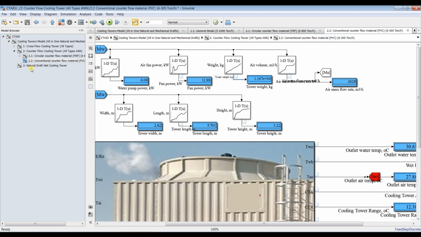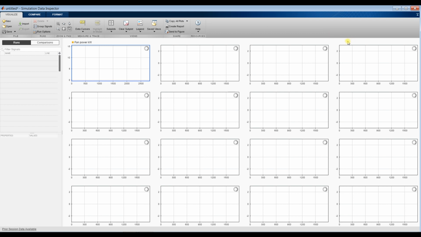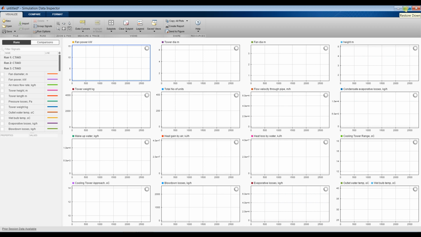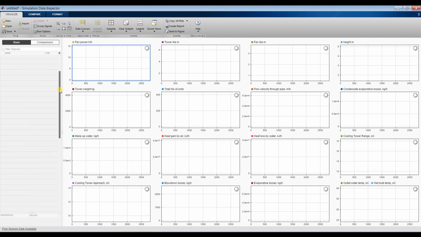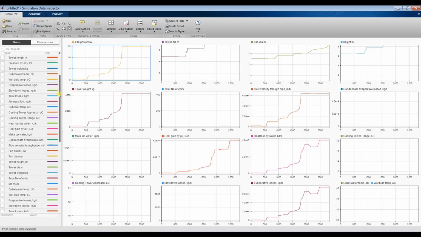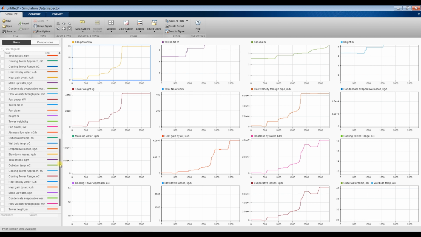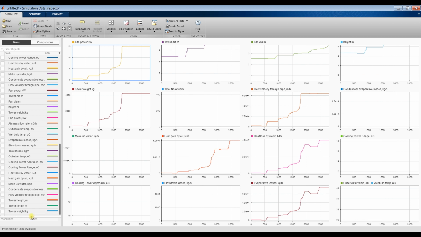Okay, you have to check data inspector. Let's compare our runs between two different models. These data are for the previous one, the circular one. Now we are going to check our results for this conventional one. I'm going to check. Okay, it needs a faster computer than I expected. Okay,